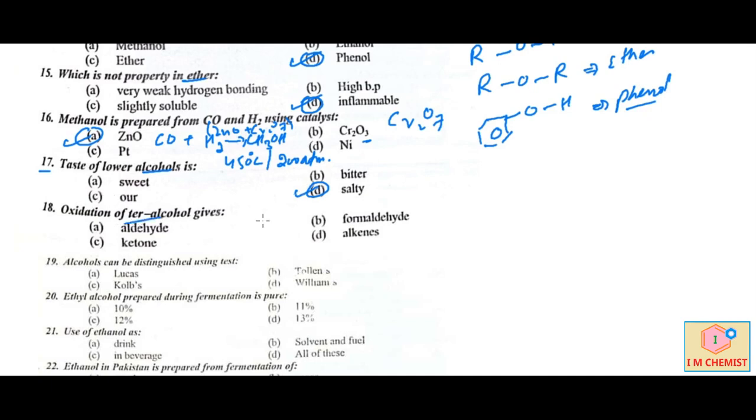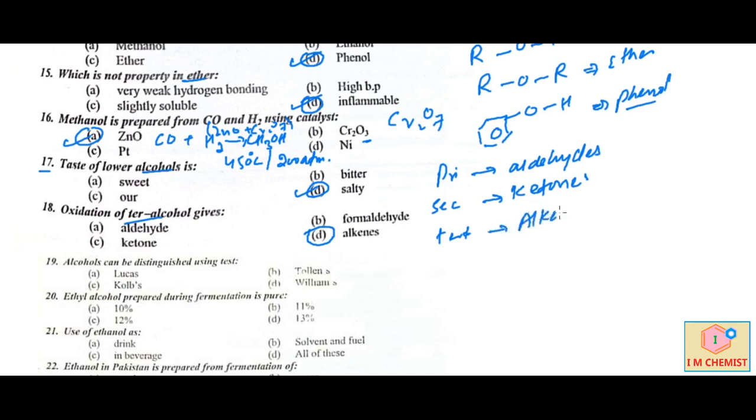Oxidation of tertiary alcohols gives what? Oxidation of tertiary alcohols gives alkenes. Actually, tertiary alcohols are resistant to oxidation. Primary alcohols are converted into aldehydes. Secondary alcohols are converted into ketones, while tertiary alcohols cannot be oxidized easily at ordinary conditions. It means they show resistance to oxidation, but they can be transformed into alkenes